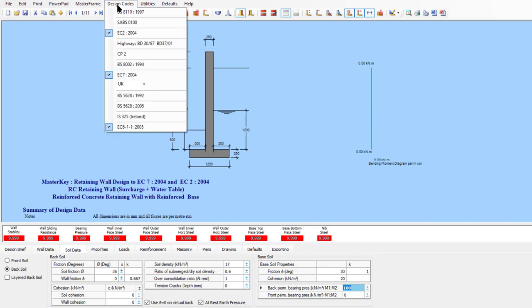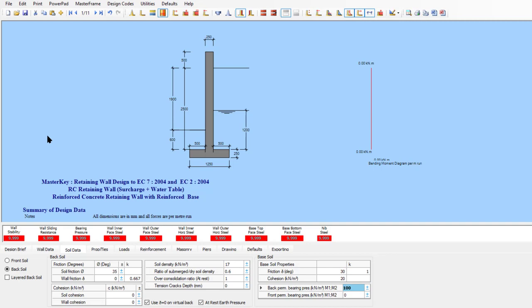What's our design code? Our design code in this case is EC2 concrete, EC7, which is the loading to Eurocode, and EC6 retaining walls. So all very straightforward. So now we've got our basic geometry. We want to step back